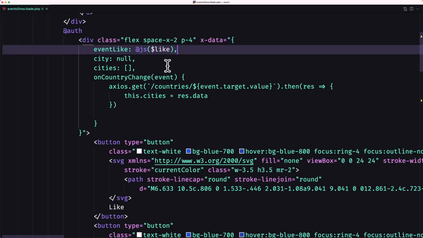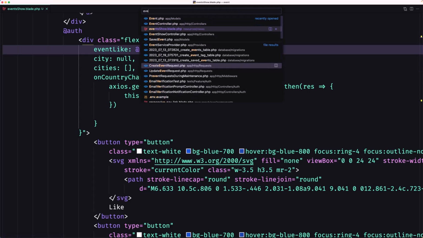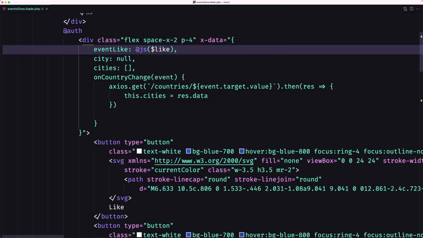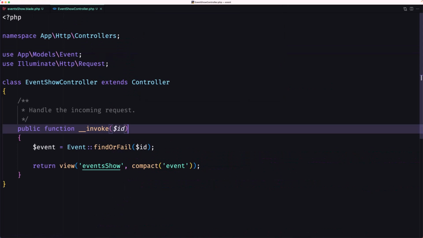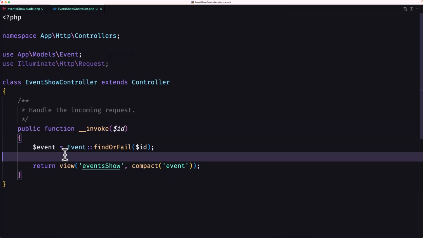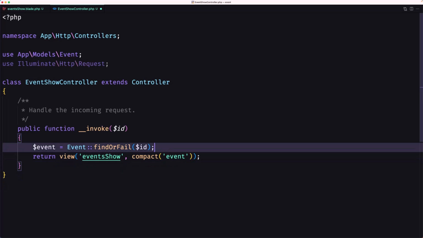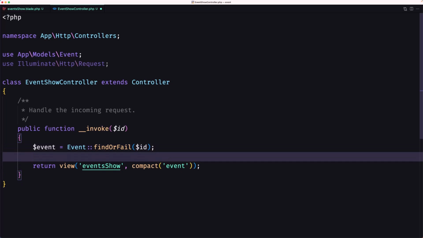For that we need to open the event show controller, and here we need to get the like if the like exists. So let's say $like to be equal with the event